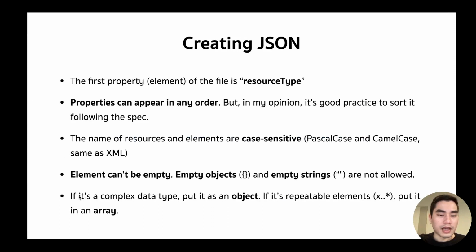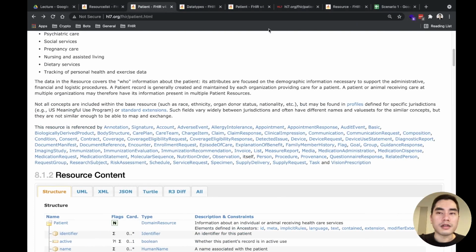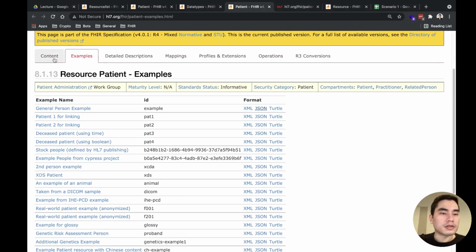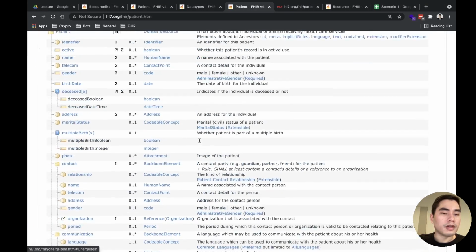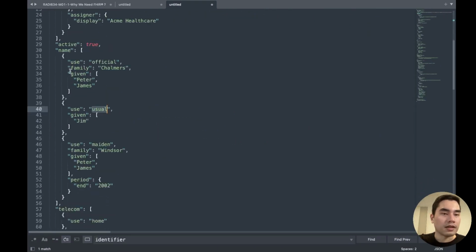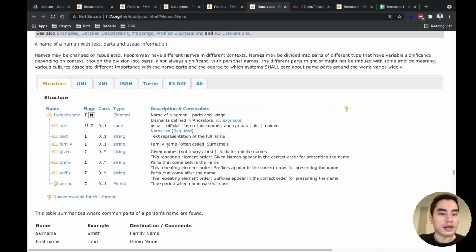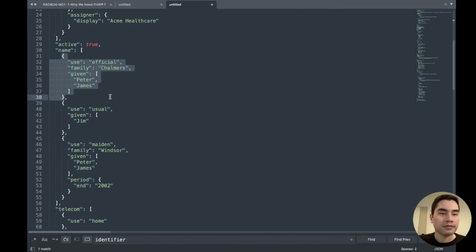The next rule is that if it's a complex data type, put it in an object. If it's a repeatable element, put it in an array. Like this, Patient resource. Here, human name is a complex data type, so put it in an object, and inside the object the elements are like this.